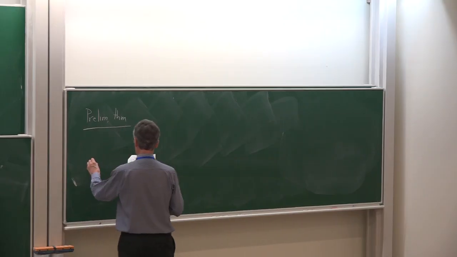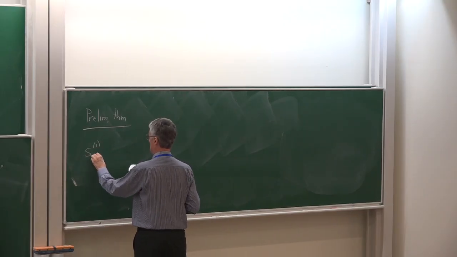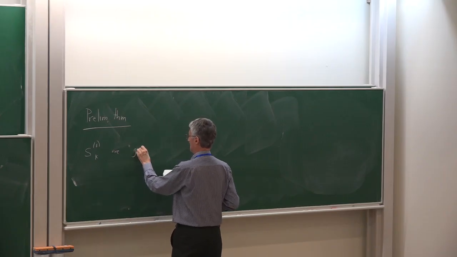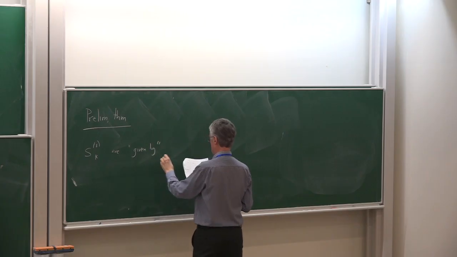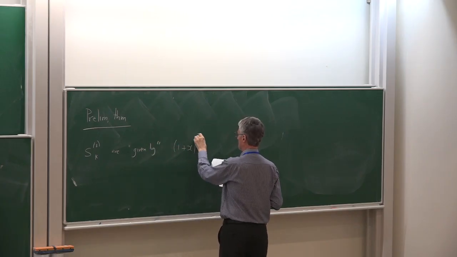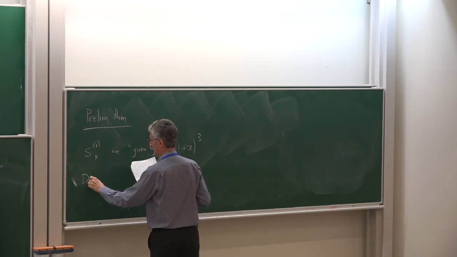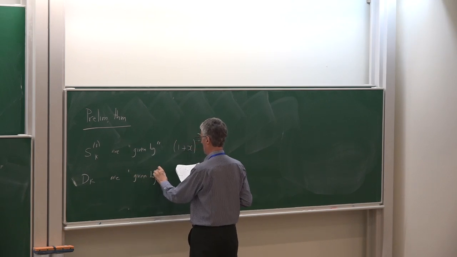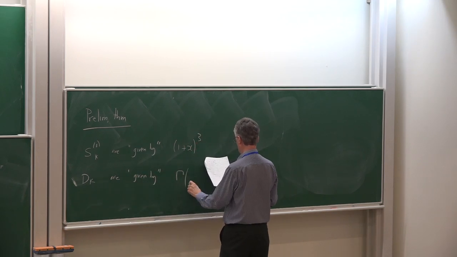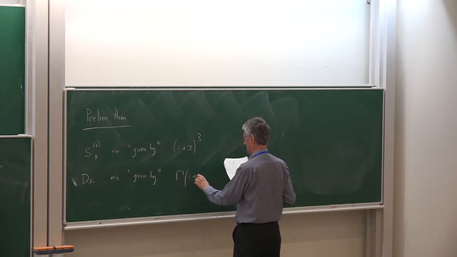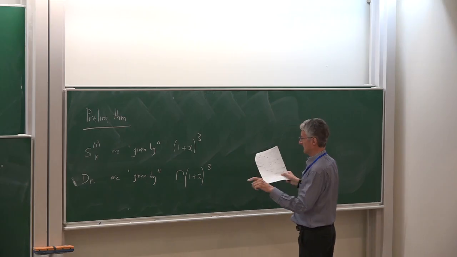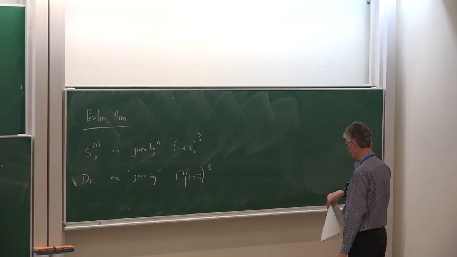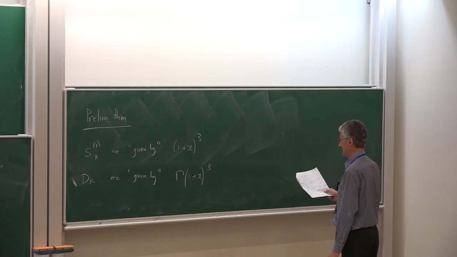And the preliminary theorem is that the Stokes matrices are given by the binomial coefficients, and the decay are given by the gamma function class. So gamma of 1 plus x cubed. So that means gamma of 1 plus x to the power 3. So I have to clarify "given by". Well, I will do, but let me just say that in fact,